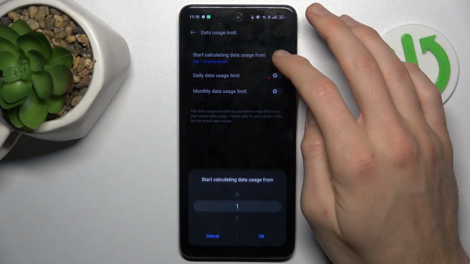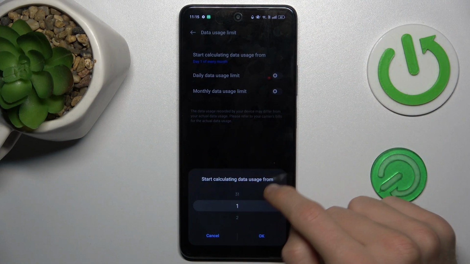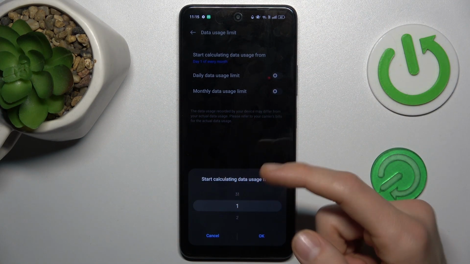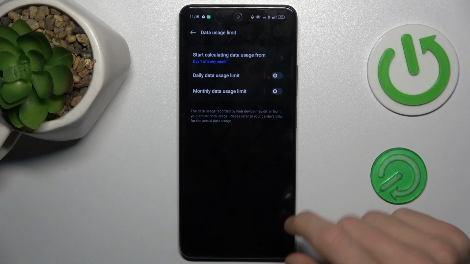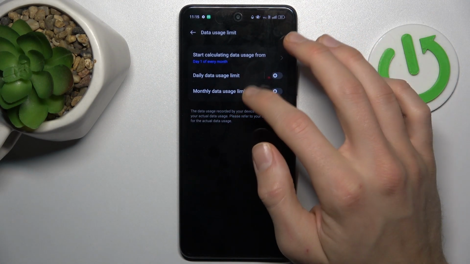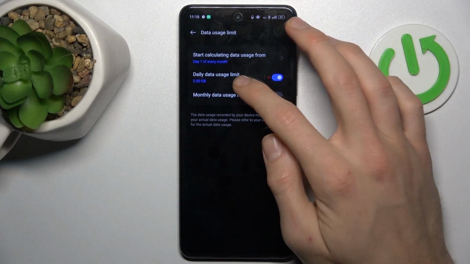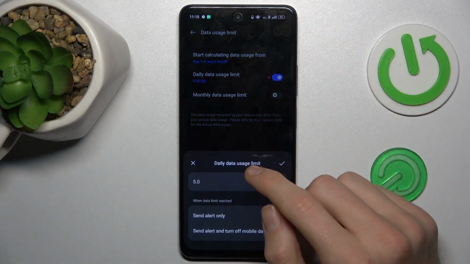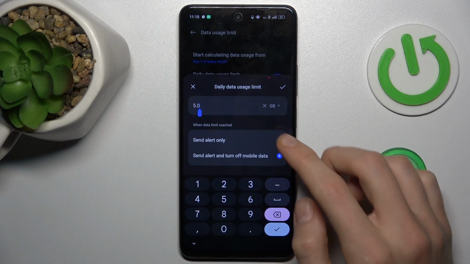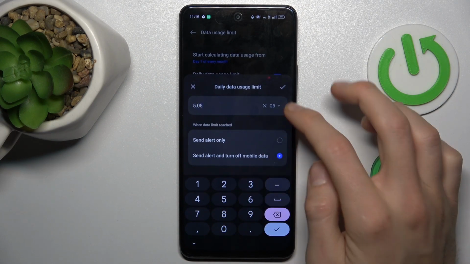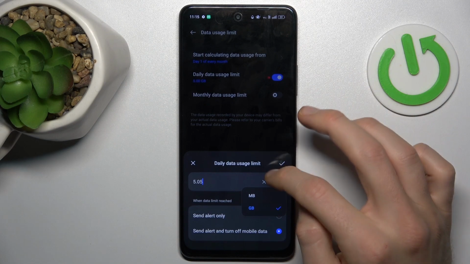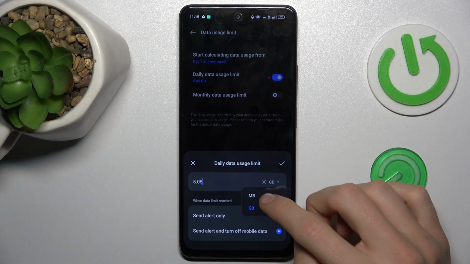First option, start calculating data usage from. It can be the first day of each month. Confirm by OK. There we can turn on daily data usage limit by switching it on, and when we tap on that we can customize it. We can set how many gigabytes or megabytes we want our daily data limit to be,